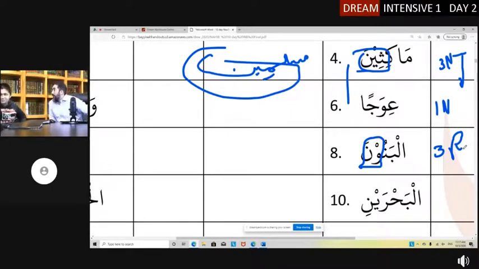Someone said 1 N. Aisha Zia says 3 Rafa. Mavish says 1 nasab. Guys, write the question number next to your answer so I know you're answering the same question. Combo 3R, 3R. A lot of people saying 3R. Some people said 1. If you said 1, let me tell you why that's wrong, because it's important to make those mistakes and then get them corrected, right? Yes, they're right. 3R is the right answer. Siti, Ghazala, Maryam, Nahid, Ayman, good job. Mahwish, you're right. Good.